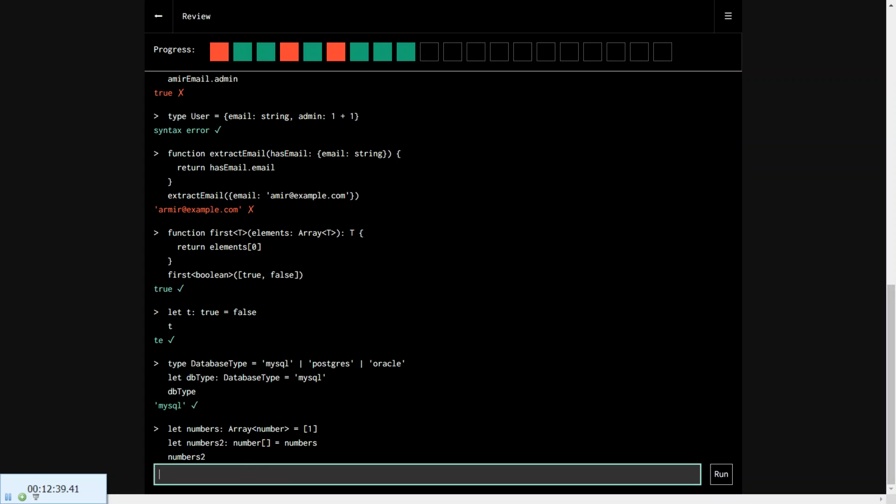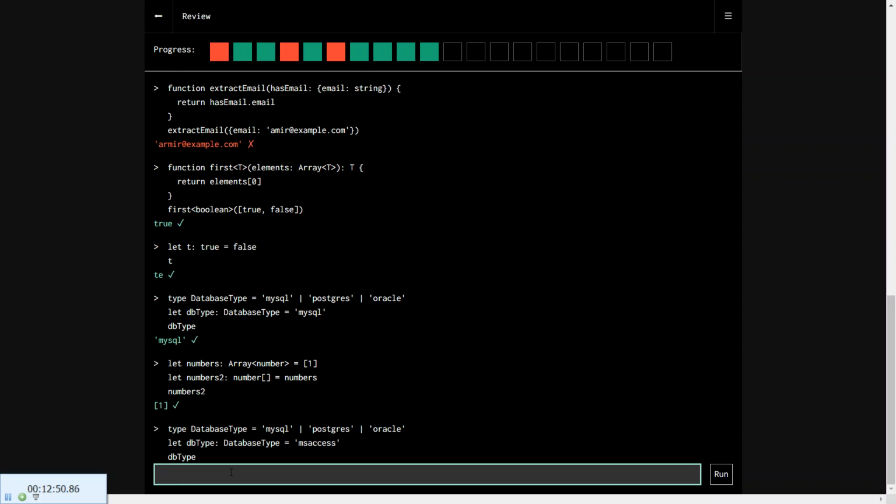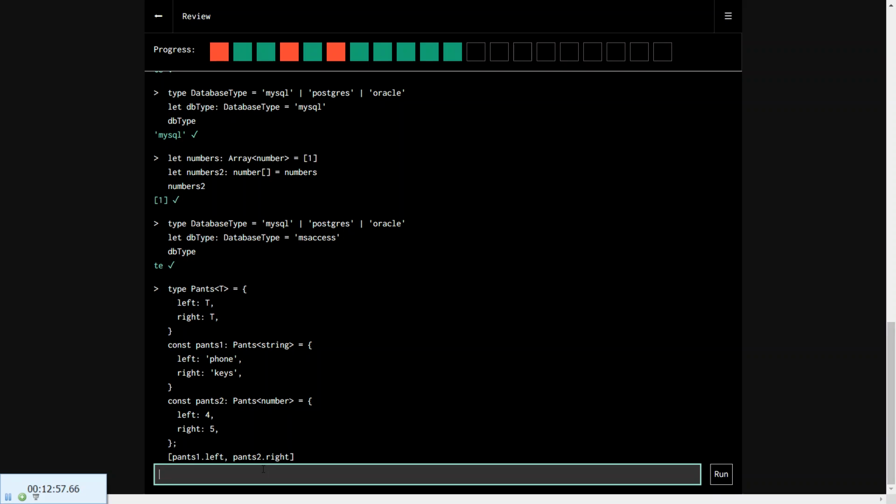Numbers. Numbers 2 is the numbers 2, yeah, it will be. That is okay, I think. MSX, that is a type error. Pairs with the same type on the left and right. So we put string and we put number. And pair 1, pair 2. So this will be